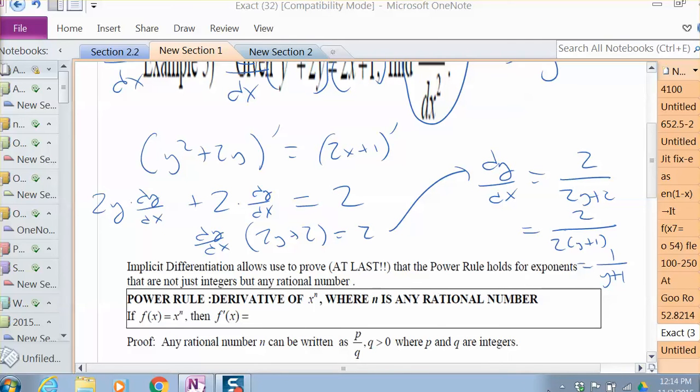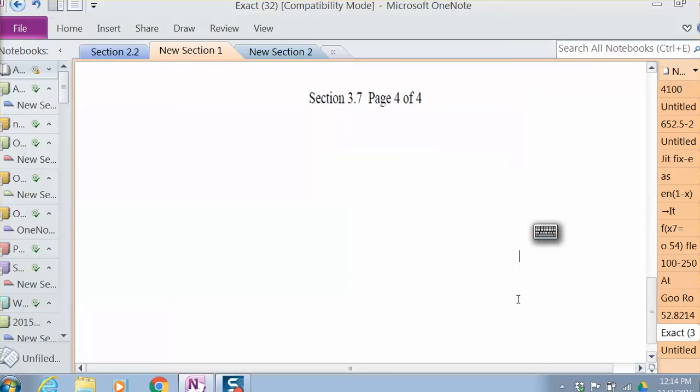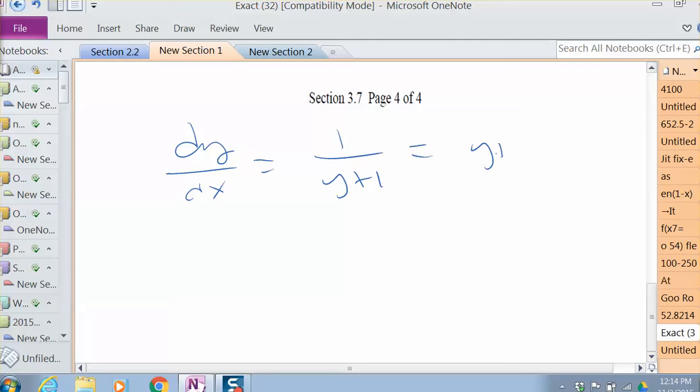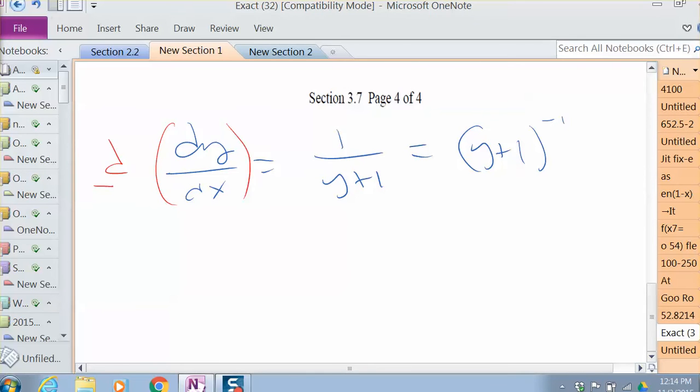Now, we've got to do the second derivative. I didn't leave myself terribly much space here, so I'm going to do it down here, but you should have enough space in your notes. So dy over dx equals 1 over y plus 1, which is also the same thing as saying y plus 1 raised to the negative 1 power, if we want to avoid the quotient rule. Now, when I take the derivative again, remember d over dx is the operation we use to denote the derivative with respect to x. If I take it again,